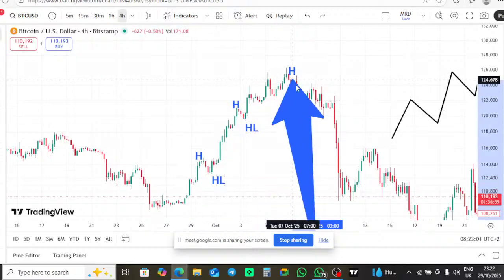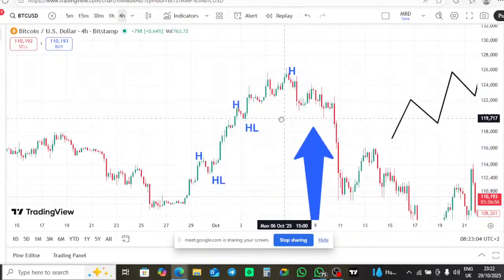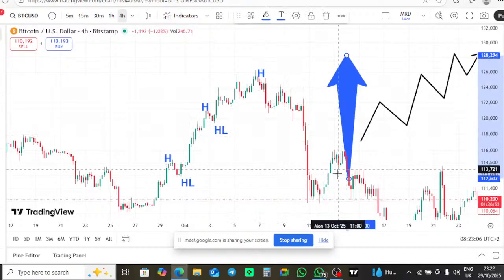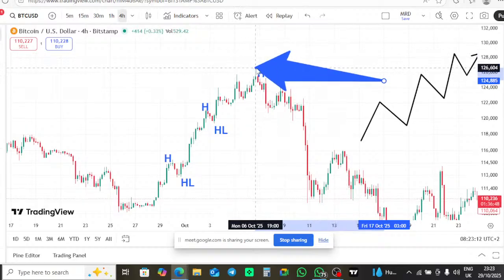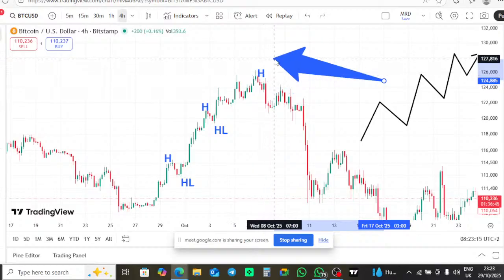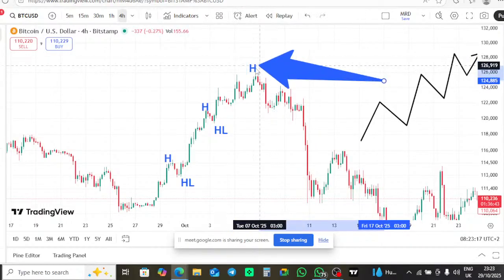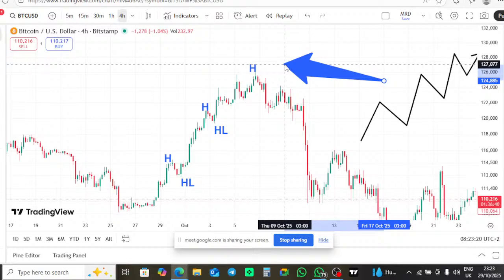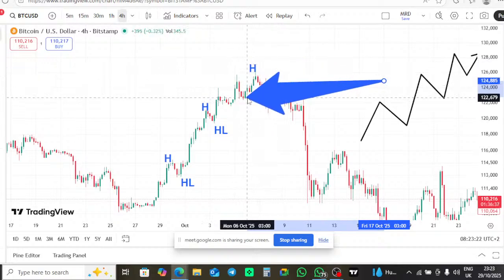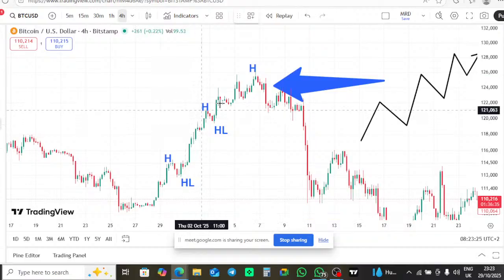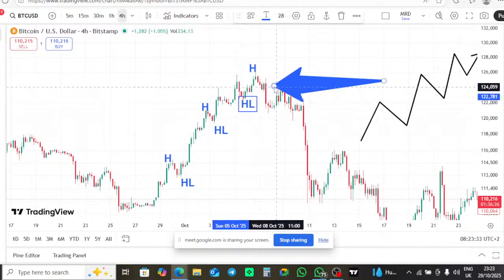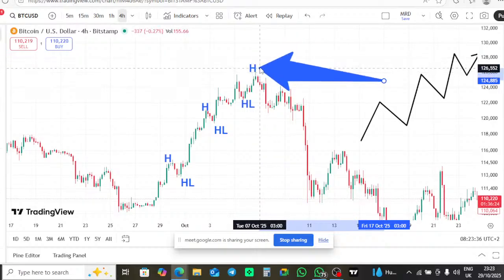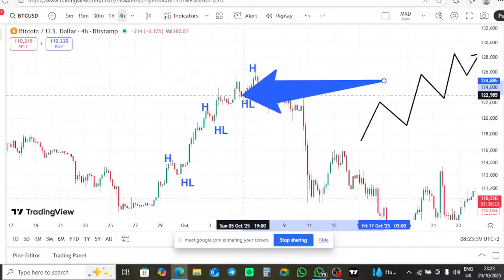Now, it started the downtrend. How will you know that it has started the downtrend? The market will simply fail to break the previous high. This is the previous high and the last high. If you see this market failing to come and break it, and again breaking this level, which was our higher low. Higher low. Are we together? This is the last higher low, and this is the last higher high. If this market comes back and break this level,